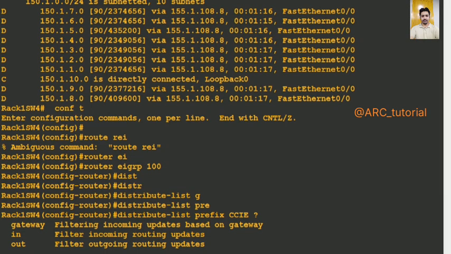If you are using prefix list with the gateway keyword, you will need to create two different prefix lists. In one prefix list, you will specify which routes are permitted and which routes are denied. In another prefix list, you will specify which gateway is allowed, which gateway is denied, and which gateway is permitted. It is somehow the same as extended ACL,